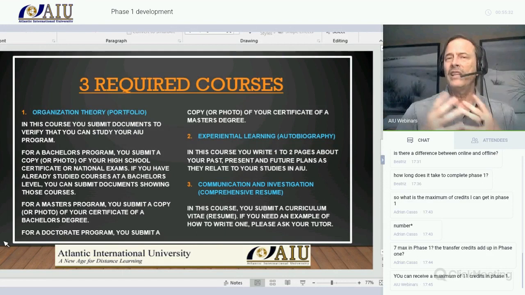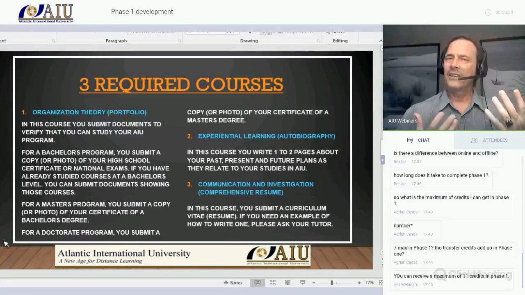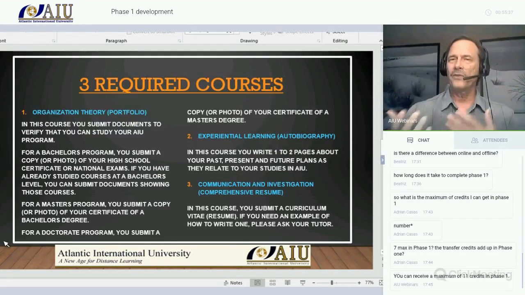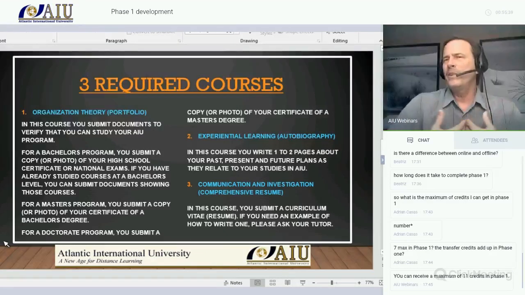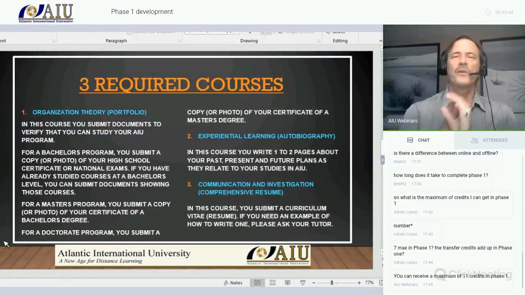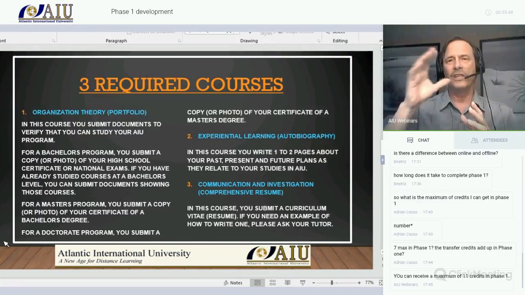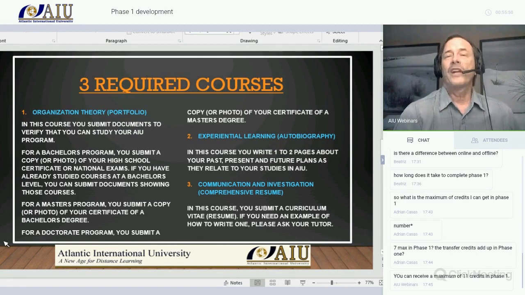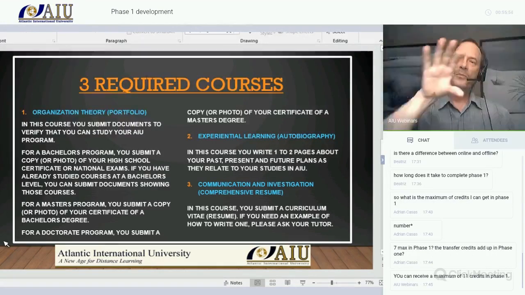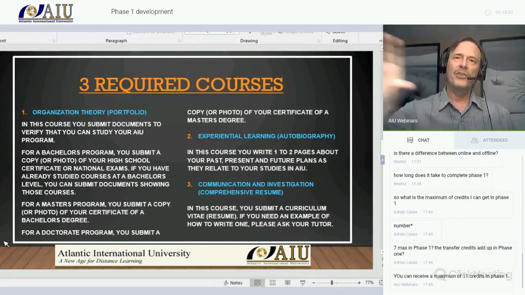And maybe we don't really understand, if we didn't have the autobiography and some of the other courses in phase one, maybe we wouldn't understand that you need to understand grant writing, how to work with the government program, and all these things, the checks and balances that you need to do, and maybe even project management. You need a course in project management to be able to plan a project to clean up a certain river